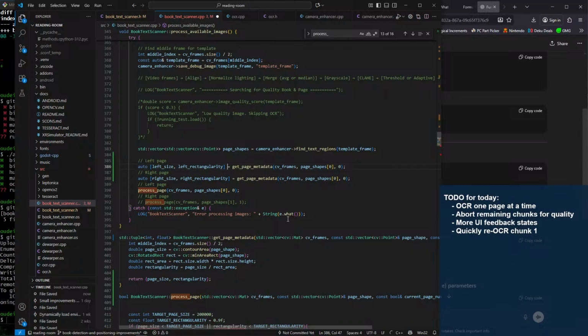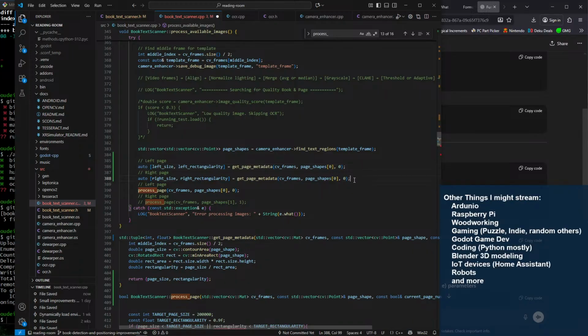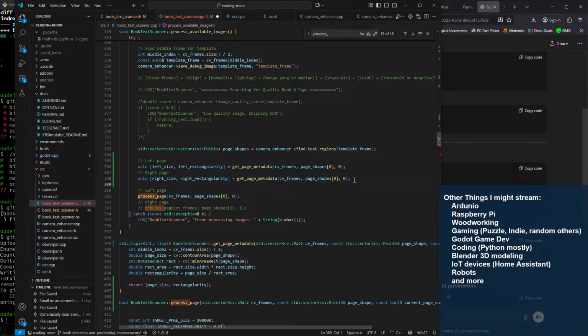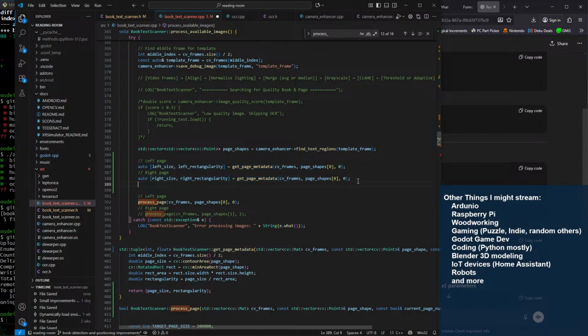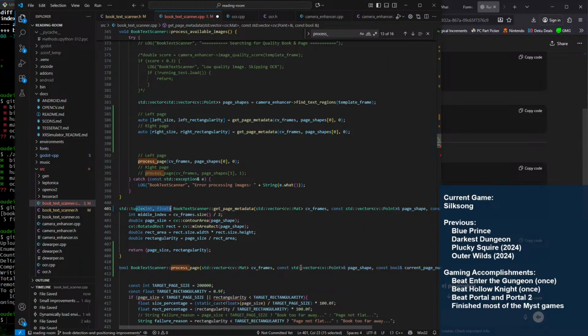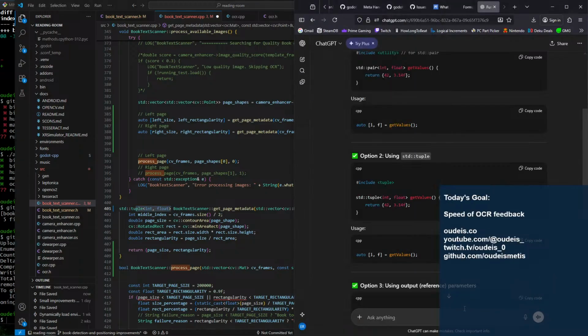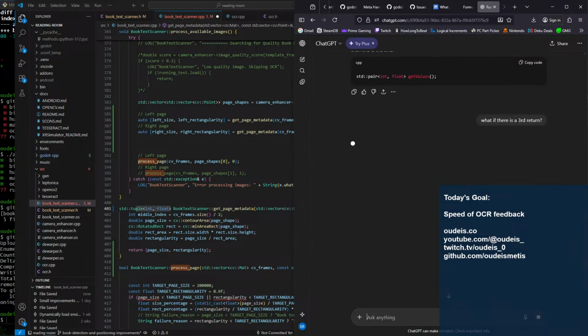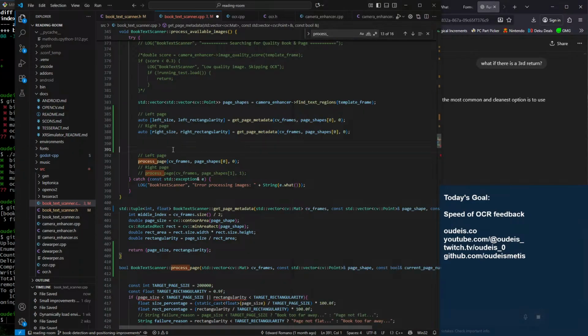Now, see, I already don't like this, right? I don't want to have to... What if instead of this, see, this is ugly. Yeah, see, this is why it's good to do this exercise. Instead, what I'd like to do is, instead of returning a tuple like this, I think a tuple can have 3. What if there is a third return? So instead what I would like to do maybe is